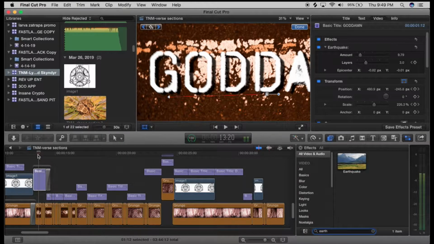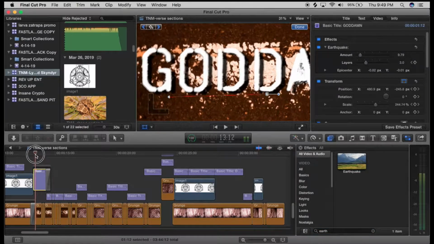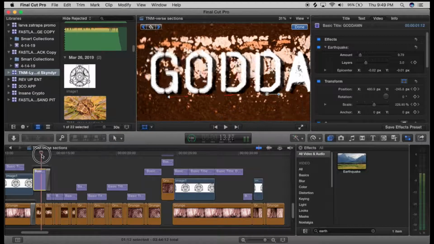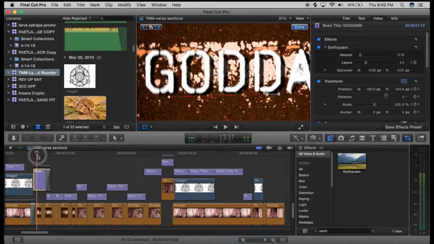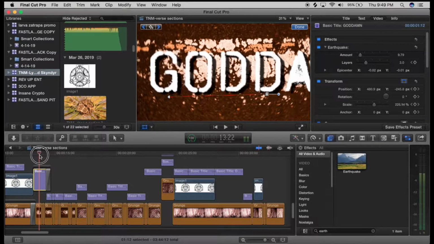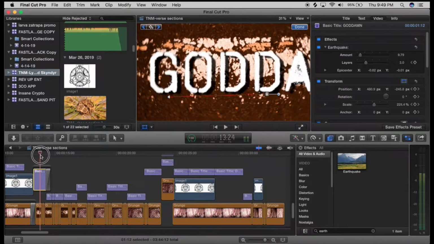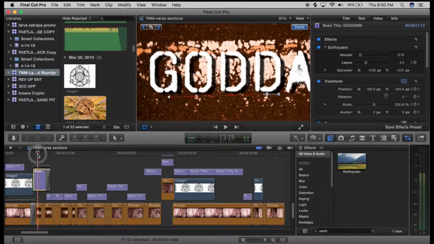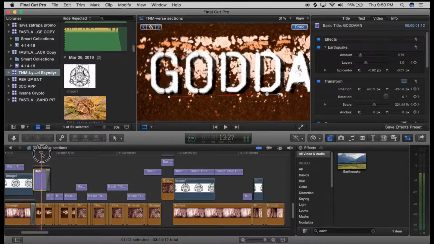So the earthquake effect just adds that nice jiggle. I mean, it works nice with this music. It's kind of a loud, heavy song. So that's all done to taste. As you can see, I'm scrubbing slow here, but there's just this jitter that's automatic, and you can set it to taste and make it more dramatic or not using amount layers, and you can change the epicenter here. So that's all subjective, but it adds a nice liveliness to the actual lyric